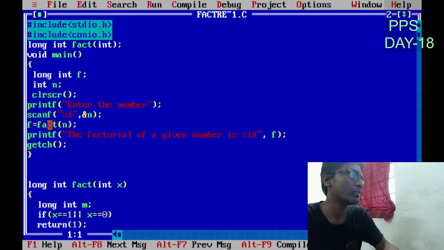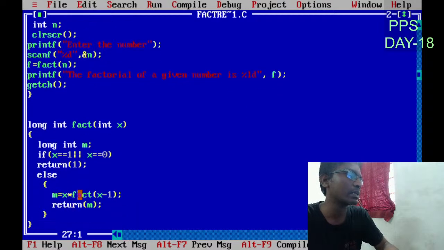Whenever you call the calling function, it goes to the called function, and it will execute if n is equal to 1 or if n is equal to 0. If the n value is 1 or 0, it will return the factorial as 1. Otherwise, it will execute the else block. In the else block, I am writing n into fact of n minus 1. If n is greater than 1, it will execute this code. The result will be sent back to your main function, and after that it will print the